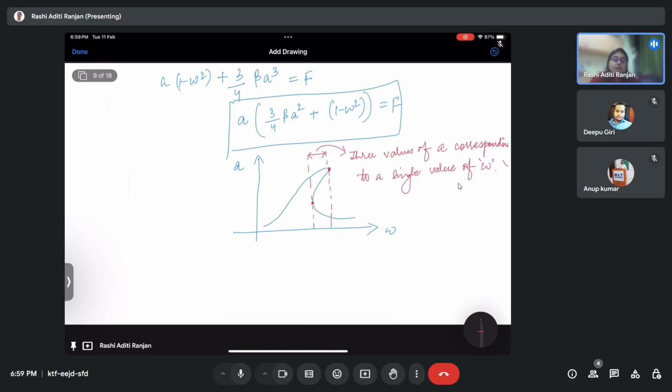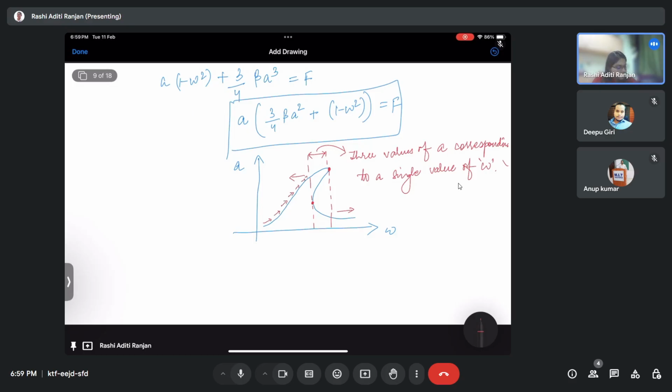I have three values of A corresponding to a single value of omega. But if I look here or here, there exists only one value of A corresponding to the value of omega. Now this is what we call the jump phenomena. In a physical system, initially the value of omega is 0, and now you start increasing the value of omega very slowly. You will observe that as omega increases, the amplitude increases slowly, slowly. You'll see that it will follow this path,